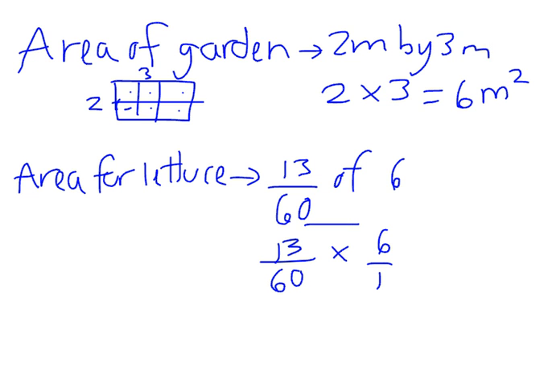And to multiply, we need to do the numerator with the numerator and the denominator with the denominator. If you want, you can also simplify. Here I can divide by 6, divide by 6. I can do the same on each. So here I have 1, and here I have 10. So on the top I have 13 times 1, and on the bottom I have 10 times 1, 13 over